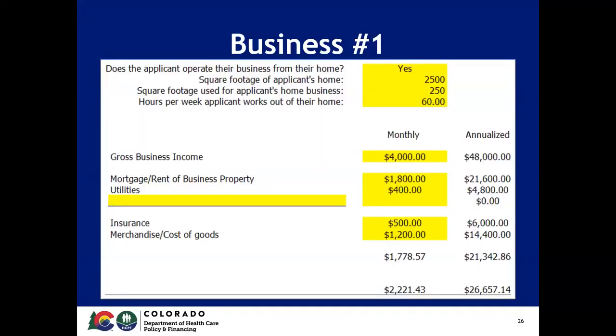So for this one, the first business operated from the home, the square footage of the home is 2,500 square feet. The household member uses a space that's 250 square feet for the business, and they use that space 60 hours a week. They have a gross income of $4,000. The mortgage of the home is $1,800 with $400 of utilities. And then for the business, they pay $500 in insurance and they pay $1,200 in cost of goods. So you can see that their total expenses for the month comes out to